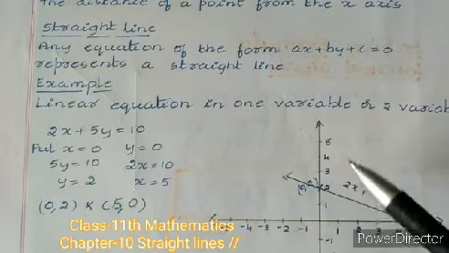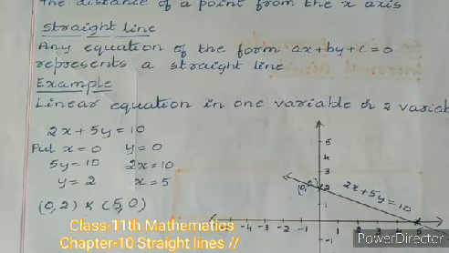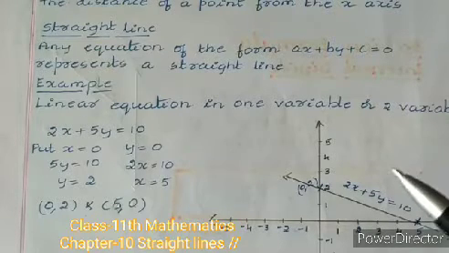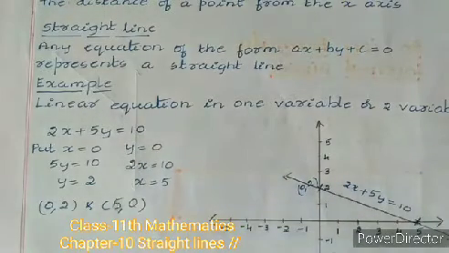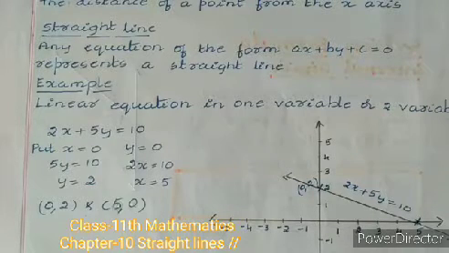These kinds of problems you have already done in class 10. Whereas in the straight line chapter, chapter 10 of class 11, we are going to study the same concept, but here the diagram is given to you and you need to design the equation. So we are going to study that in chapter 10. That is nothing but coordinate geometry. Now let us see some of the basic formulas which you have already studied in class 10.